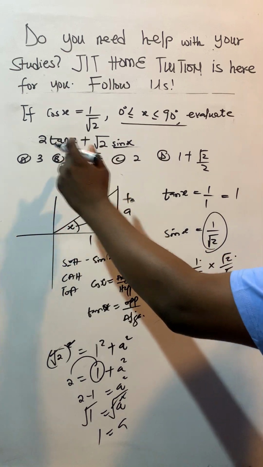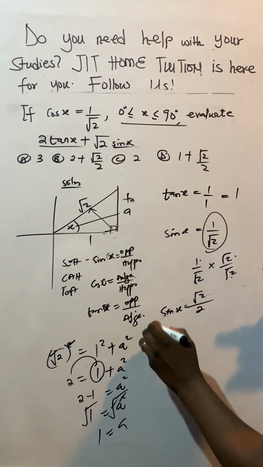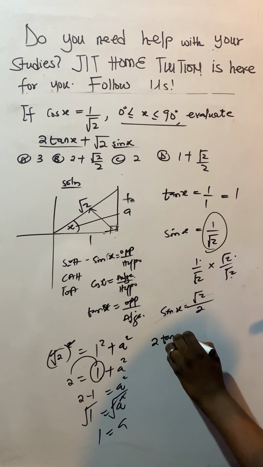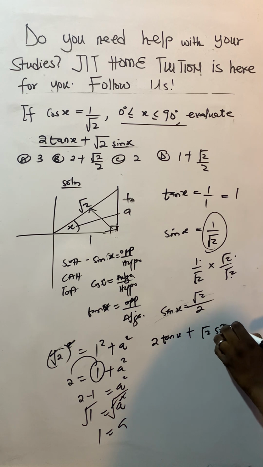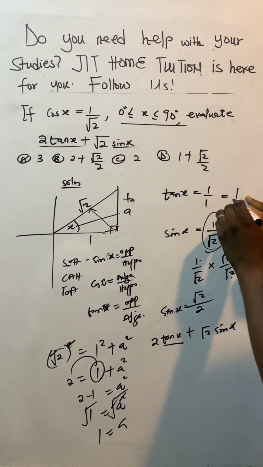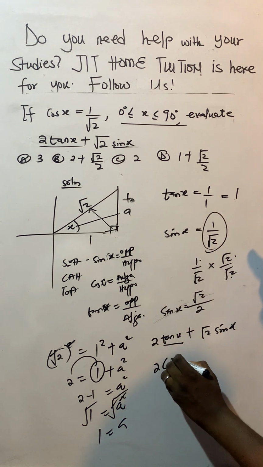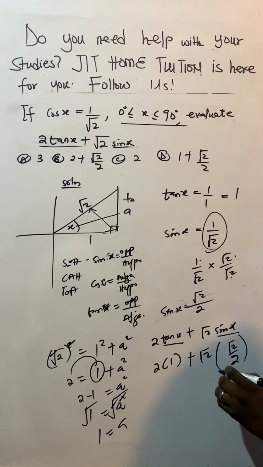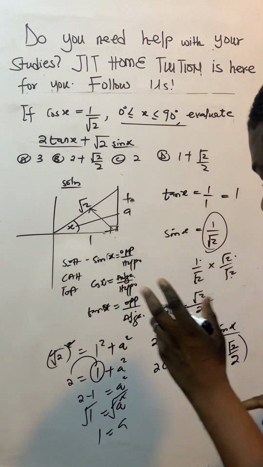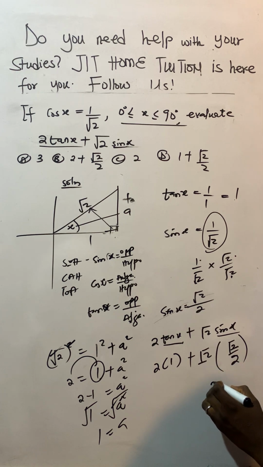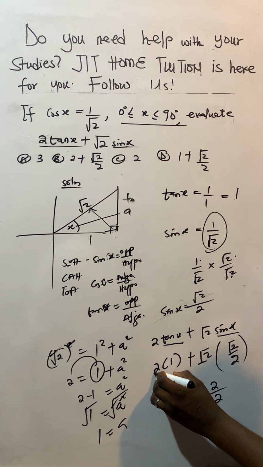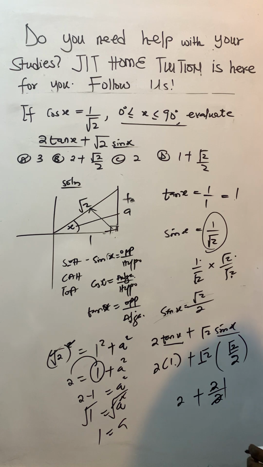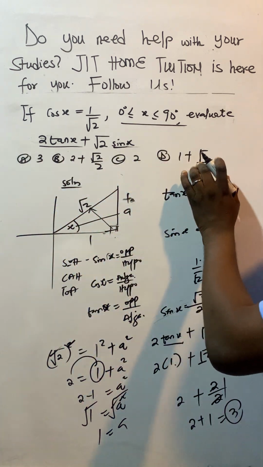Now let's look at something over here. The question is saying that we should find 2 tan x plus root 2 sine x. What is tan x from what we did over here? It is 1. So the 2 will multiply 1, you have 2. And what is sine x, which is root 2 over 2. Root 2 times root 2, remember, will give you 2. That is what we did over here. We have 2 over 2, then root 2 times this will give you 2. Here you have 1. So it becomes 2 plus 1, and that gives you 3. So this is your answer. You come and look through your options, and this is